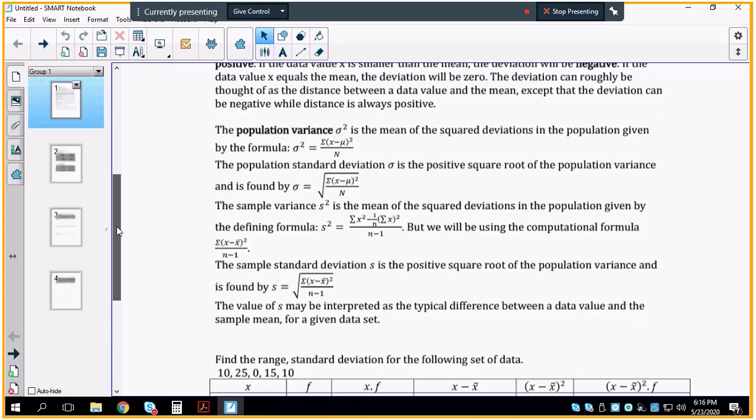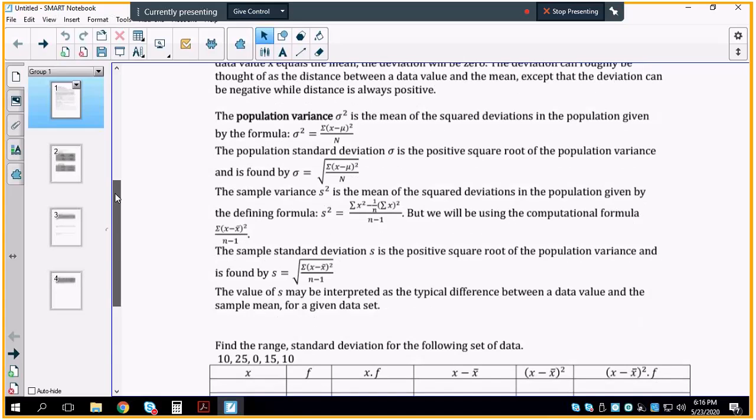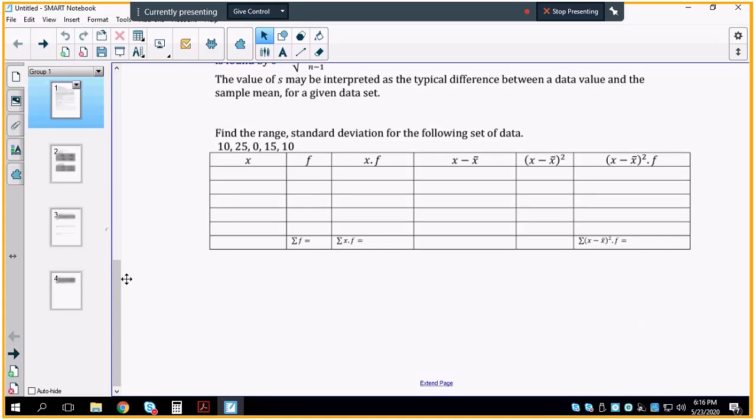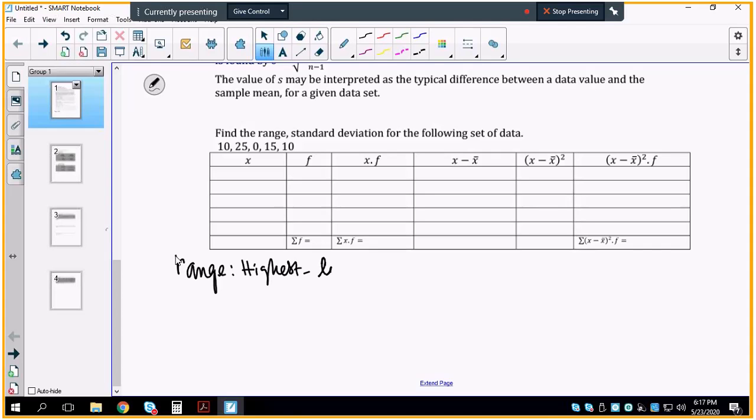So we are going to start becoming familiarized with the concept of standard deviation. I'm going to find the standard deviation for a simple set of data. For example, this data set has the following data, and we are going to find the range and standard deviation of the data set. Remember, the range of a data set is the highest data minus the lowest data. The highest data in this distribution is 25 and the lowest data is 0,